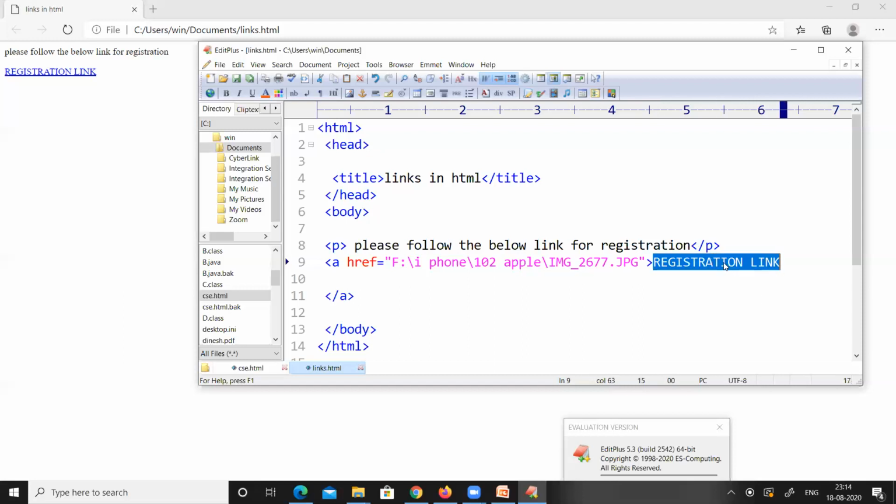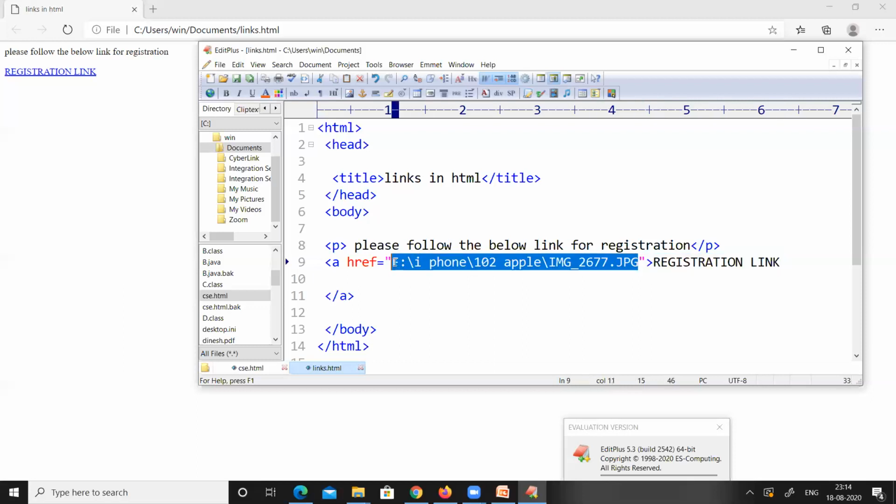If we click on this text, the image is going to be opened on the web page. Then we have closed the anchor tag, the body section, and the HTML section.